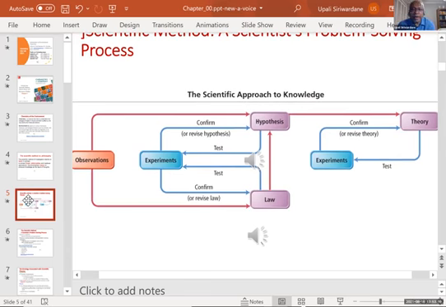Okay, the scientific method is based on several steps. Normally it starts with observations. It could also start with an experiment, followed by observation. To describe observation, we come up with